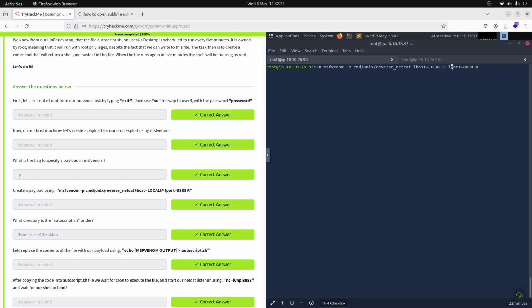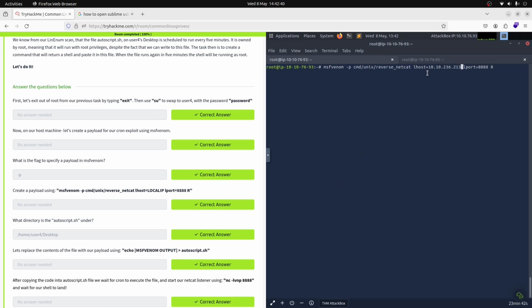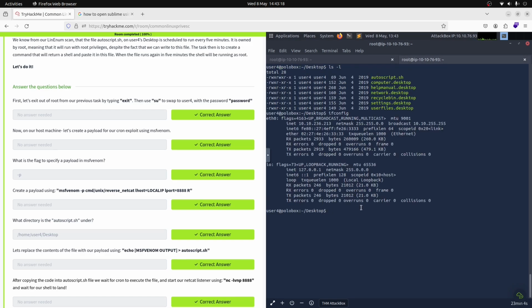However, we need to change where it says local IP with the actual local IP of user 4. So with this one here, and we paste it here, and we click enter. And this is our payload, so we just need to copy this and go back to our user 4 machine,